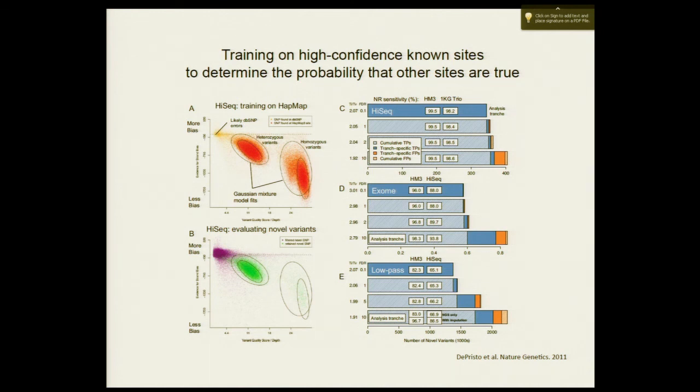Because the things that are seen by all these callers are most likely real. All you really need to do is come up with a set of variants that you have high confidence in. And there's any number of ways to do that, right? You could very stringently filter the call set. And the ones that are left are the ones that you have extreme confidence in. They're probably real. You could assign a confidence of like 99.9% or whatever you wanted to that set